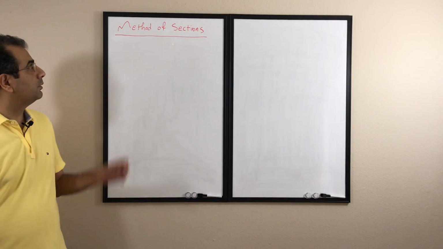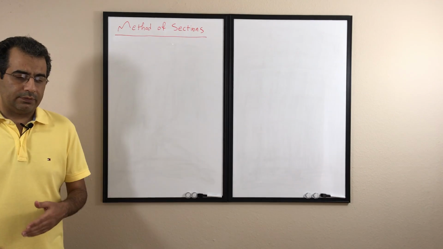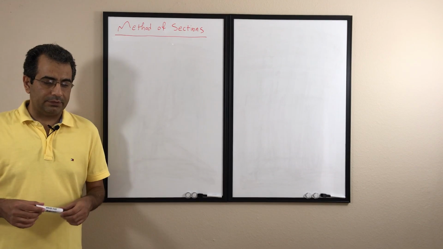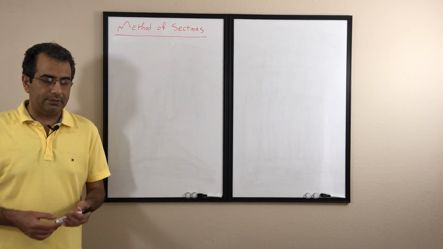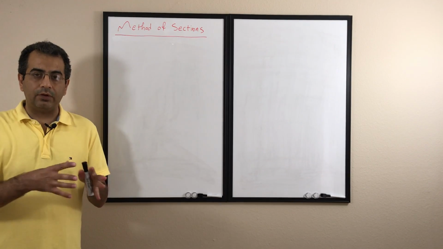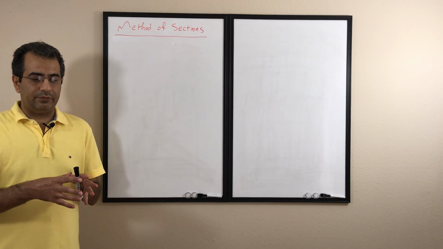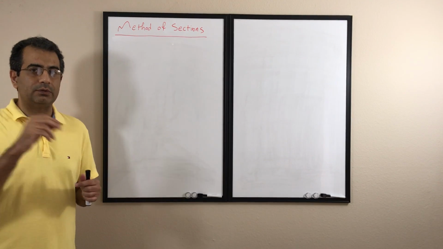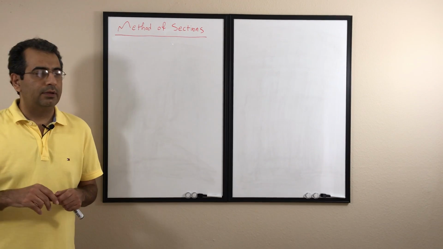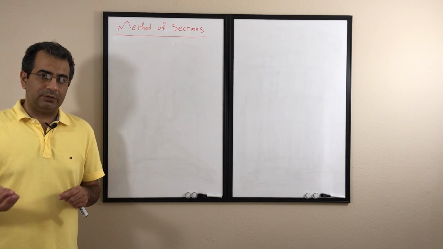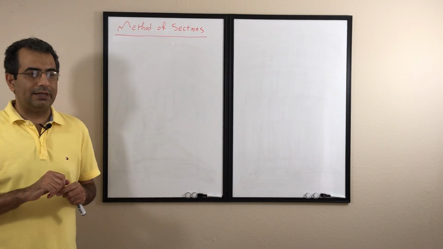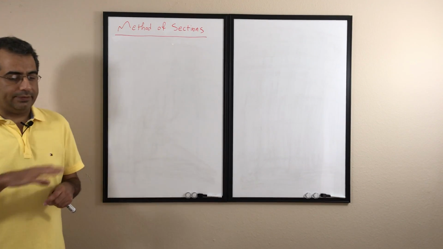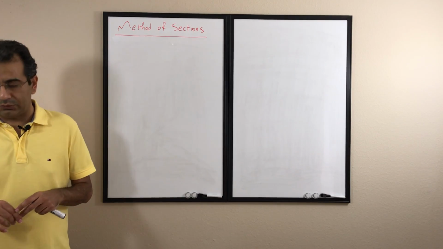Now I'm going to start to talk about the method of sections. Remember when we started to analyze the truss, I was saying that one method to analyze the truss was the method of joints. So basically what we did was that we went ahead, we found all the reactions on the supports first, and then we go and inspect the joints one by one. We choose the joints that have only two unknowns or one unknown. And then we write the equilibrium equation for every joint. We find the unknown in that joint, and then we move to the next joint, and then to the next joint, and to the next joint, until we find the forces in all the joints